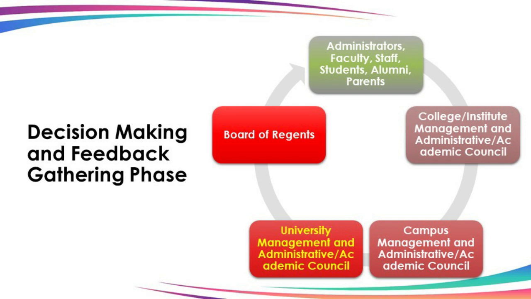On the other hand, proposals can also emanate from the ground among groups of students, alumni, parents, faculty, staff, and administrators. Ideas from the base of the structure are elevated to the immediate operating unit, usually discussed at the department or program level, which later endorses the concern to the college or administrative council. Matters approved in the college are subsequently presented to the campus administrative or academic council for discussion and eventually submitted to the university administrative or academic council for further deliberation.